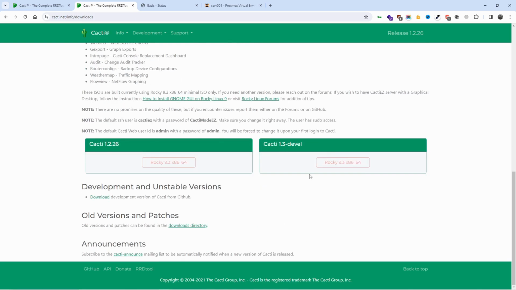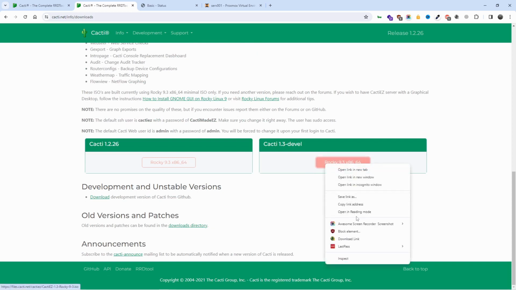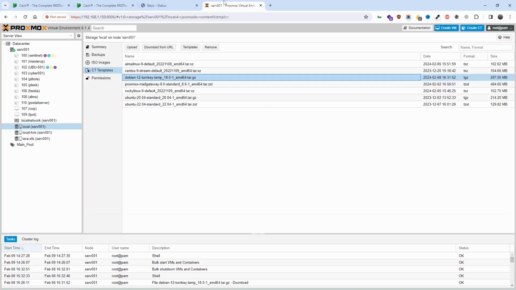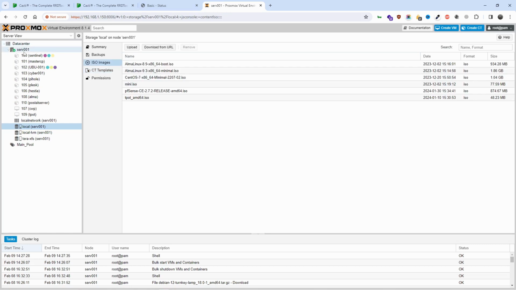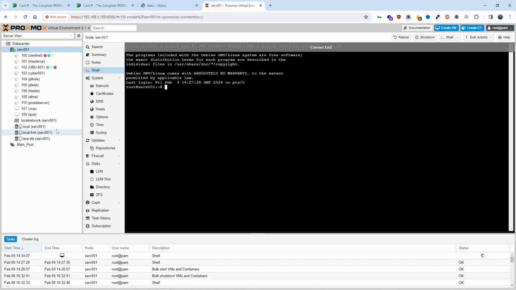I tell you what, let me right click on this one, copy link address. Let's go to ISO. First of all, let's go here, because I don't know if I got enough